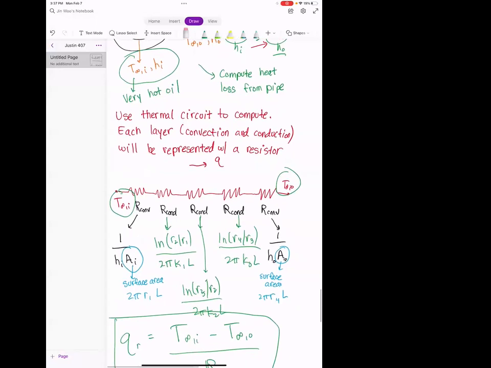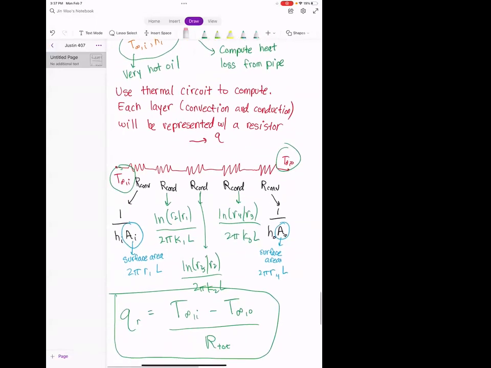But what you can do for cylindrical systems is that instead of A everywhere, what you actually have is L everywhere. All these expressions have a length. And so you can divide by that L and get a heat transfer per unit length. That's quite common, especially if you are designing an installation for an electrical wire. A lot of times you're interested in per 1 meter or per 10 meters of this installation, how much heat loss am I going to have from this installation?